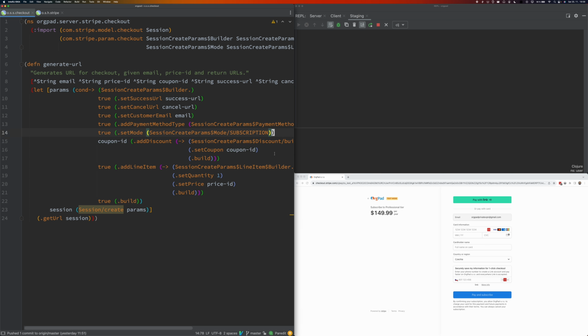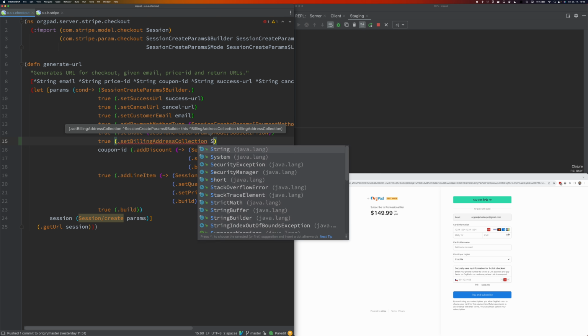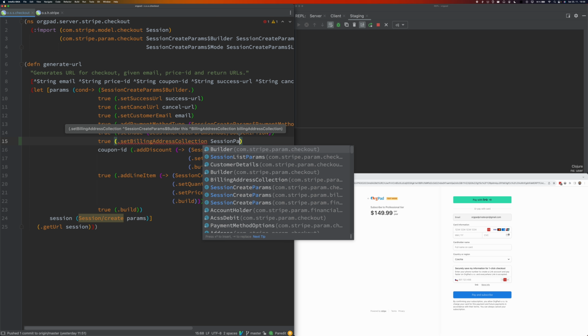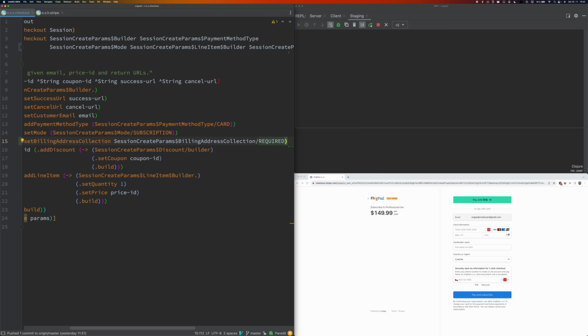For example, suppose that I would also like to collect billing address from our customers. I can set billing address collection, and it takes a single parameter, which is one of two possible constants. So it's a session parameter, SessionCreateParams dollar as a subclass, BillingAddressCollection/REQUIRED.